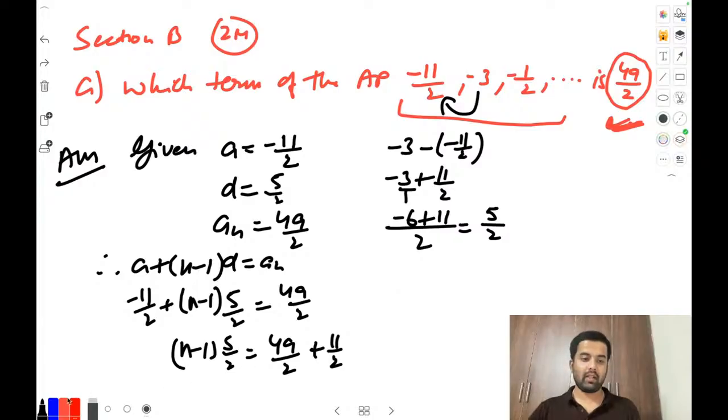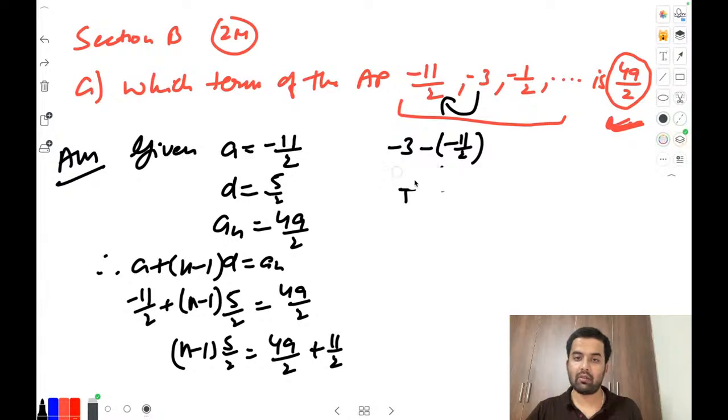Okay, let me erase that portion because we don't need this. I hope this is clear, that d value we had subtracted and got it. I am erasing that part. This part which I am erasing now was the d value find. So don't get confused.